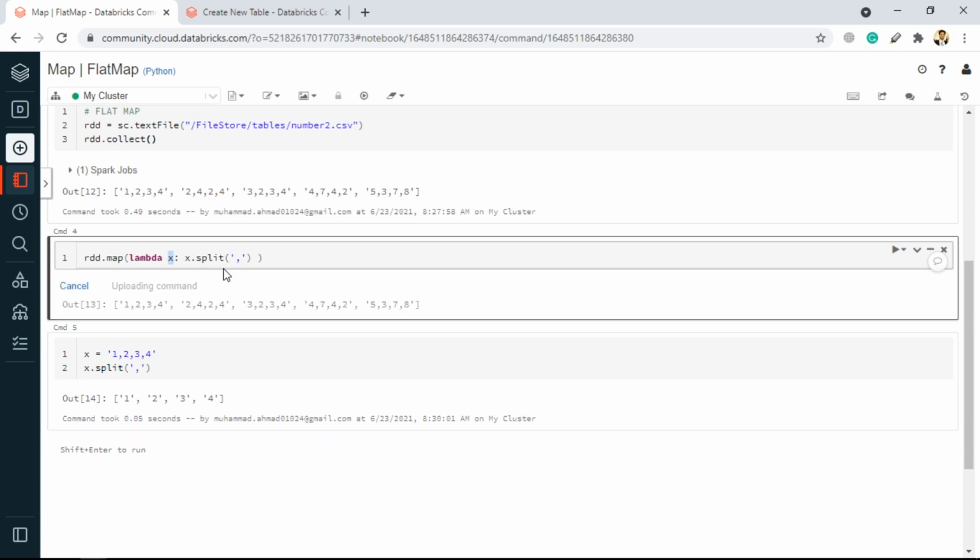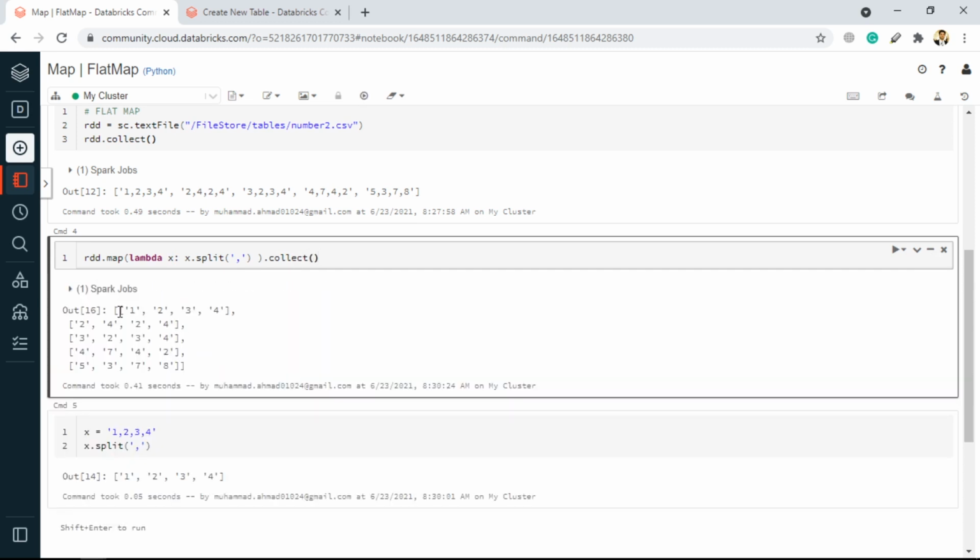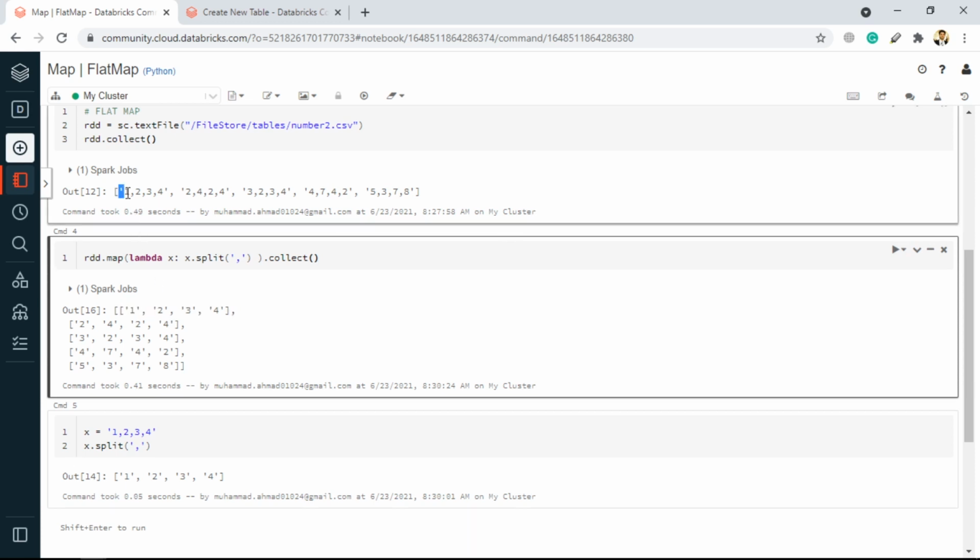But the issue with that is it is returning us a list of lists. Now each element inside the RDD, instead of being a standalone element, is converted to a list of elements.